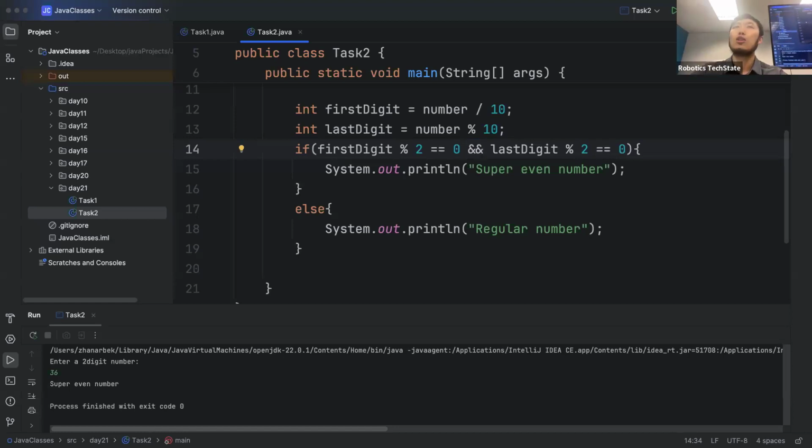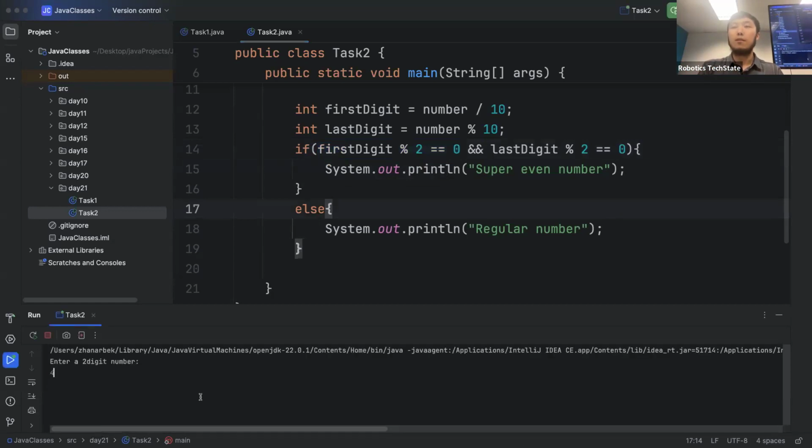And another logical thing, guys. Another logical question for you. Let me make sure, guys, you all copied this or you have it. Let's make sure, and then I'm gonna ask you another question. Yeah, this one is correct. Here we check when the number is a super even number, when the first digit is divisible by 2, and when the last digit is divisible by 2. When both sides are divisible by 2, then